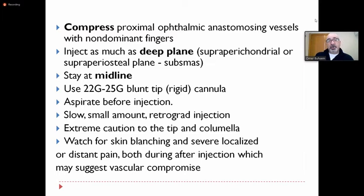Sometimes I saw that some doctors use a flexible cannula. We don't advise a flexible cannula because you don't know where you are inside. Sometimes you think that you are in the midline, but the tip of the cannula is going laterally. So I generally use a 22 gauge blunt tip cannula, but a rigid cannula. Why 22? Because I can see it from outside where I am, if I am in the midline. It's really easy to see with a rigid 22 gauge cannula. And if you use a needle, we always use a 27 gauge, but if you inject 1.5 or 2.5, you can use a 30 gauge needle. In some papers, they believe that a 30 gauge needle is much safer than